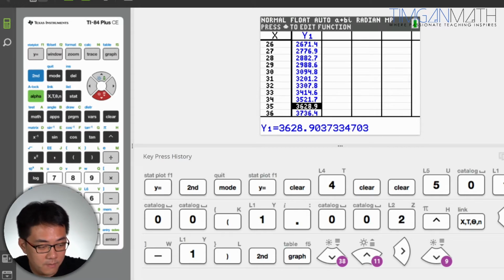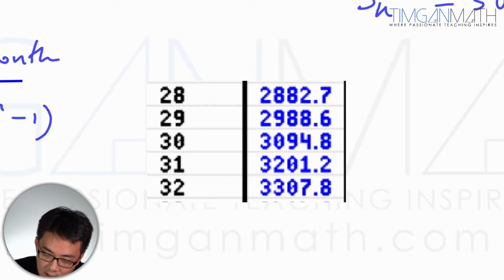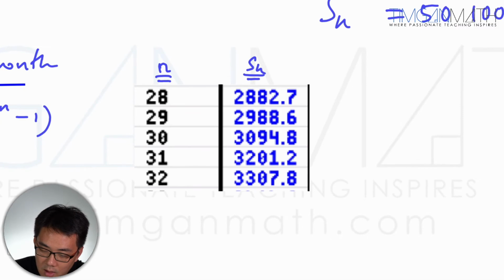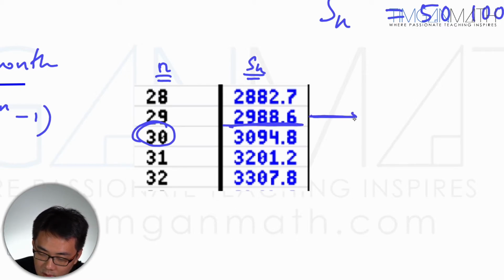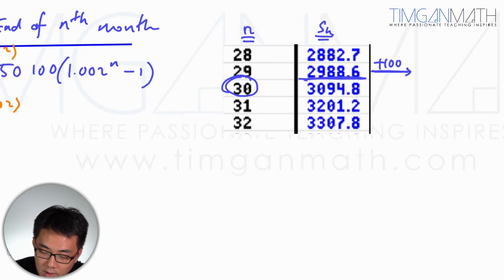This amount here, this is n. This is end of month total Sn. Just put this Sn, end of the month. If you add 100, the start of the n plus 1 month will be this 30th, because the first time when you'll be 3,000 is when this is at 100, right? Correct. So hence, first time